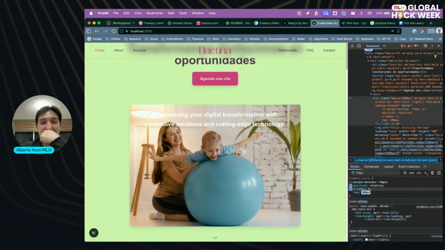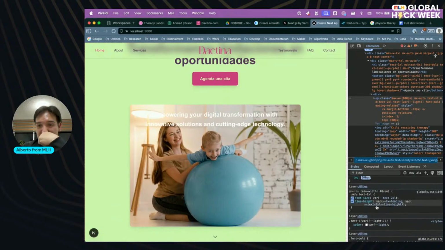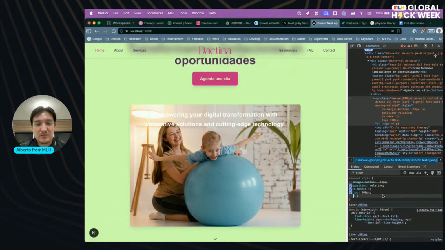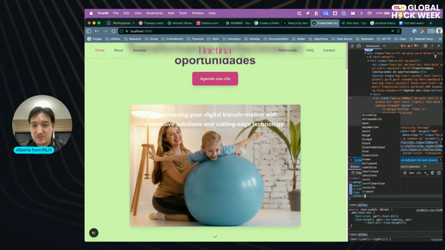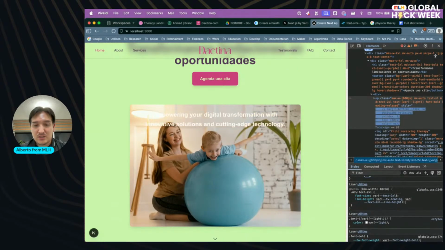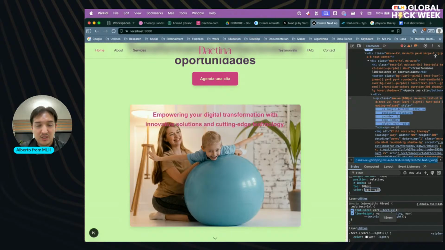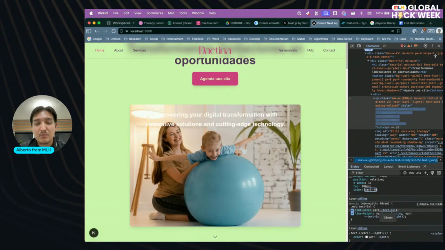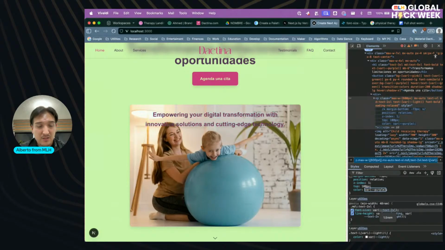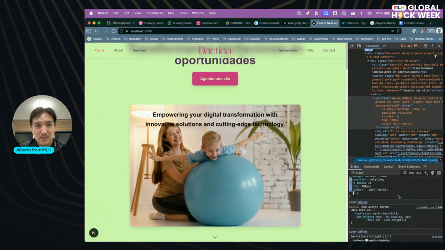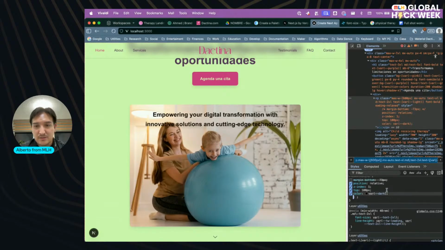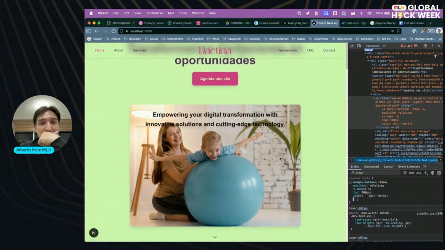Hundred pixels, but then I will have to change the color to purple, pink, maybe purple. Dark. I don't know.